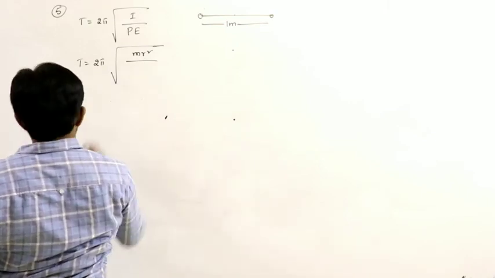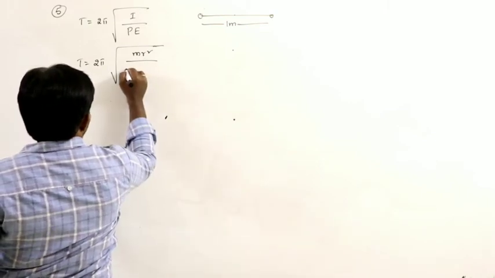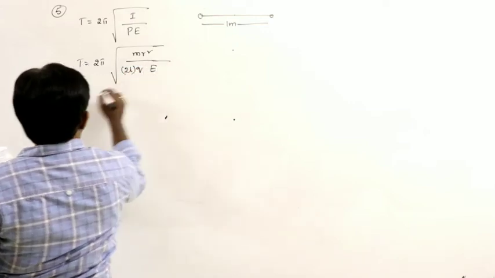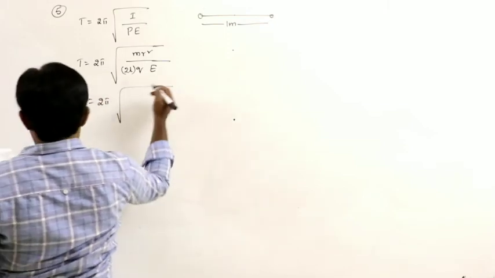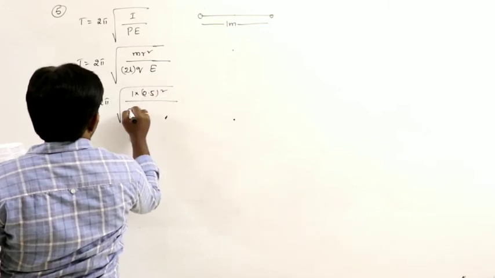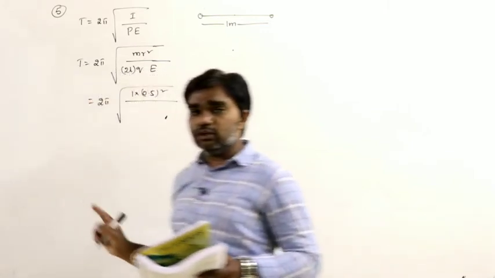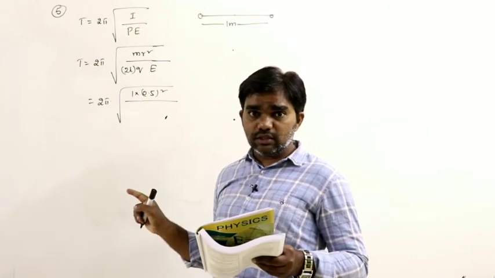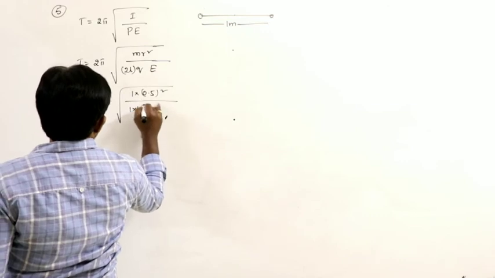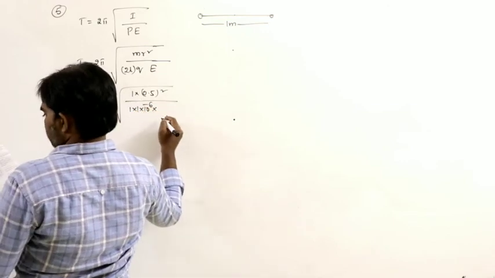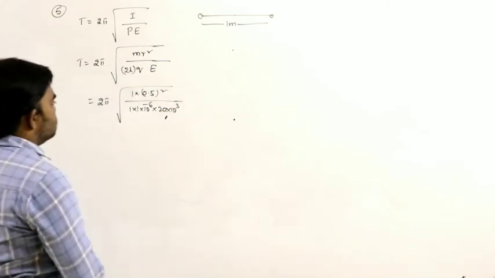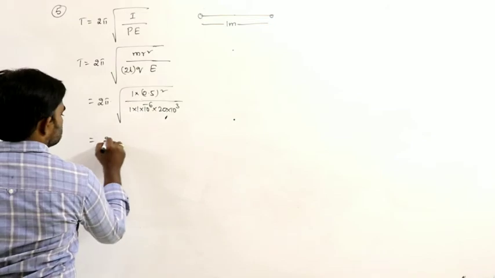What is the dipole moment? P is equal to 2L into Q, into the electric field. So 2 pi into under root mass is 1 kg into radius 0.5 whole square, divided by 2L, which is nothing but the distance between the two charges, that is 1 meter. 1 into 10 to the power of minus 6 into the intensity of electric field 20 into 10 cube. So that is the situation. So 2 pi into,